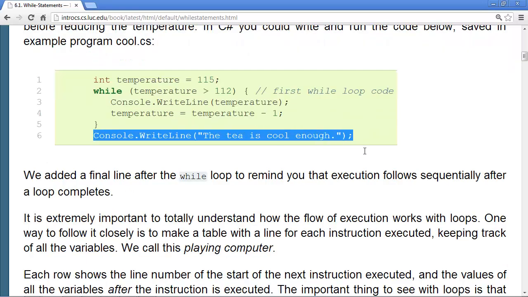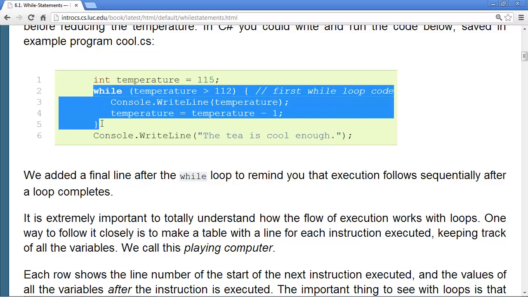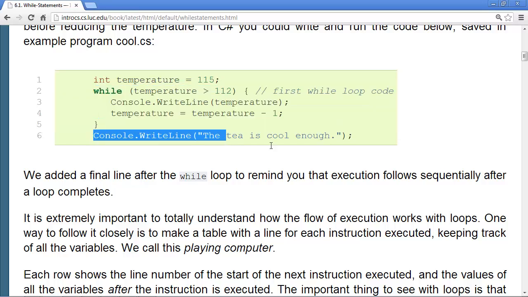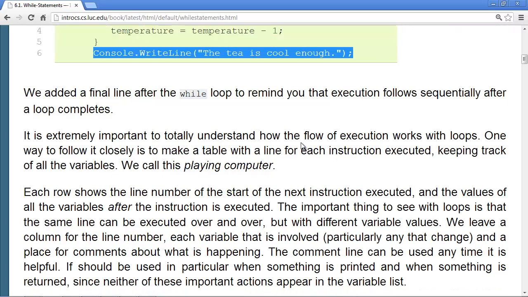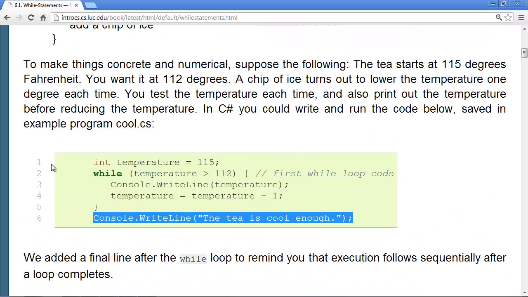This last line is not part of the while statement. I put it there in the example to remind you this is a sequence. This is syntactically a single statement. No matter how you mess with it inside the statement, just like when we had various ways of dealing with complicated if statements, when you are completely done with the statement, you just go on to the next one in sequence. You'll notice that these lines are numbered.